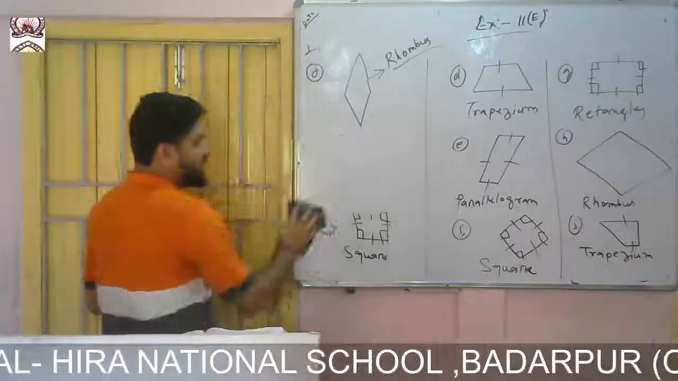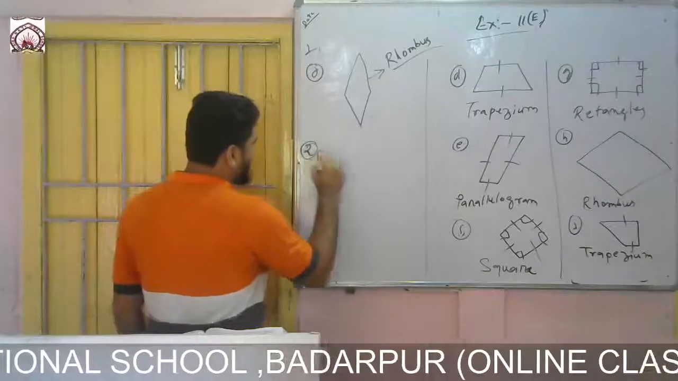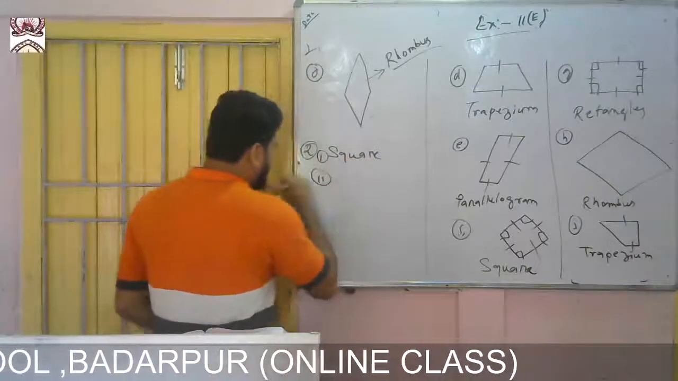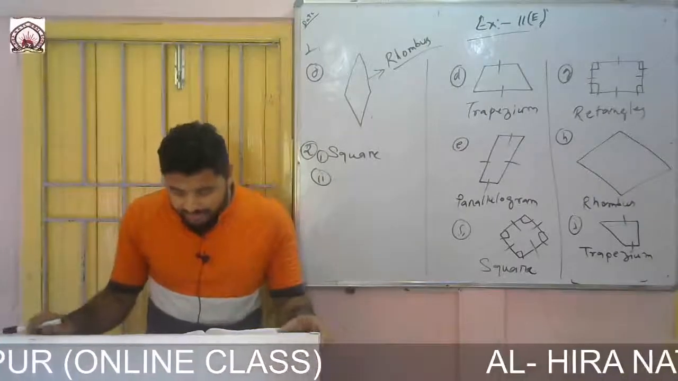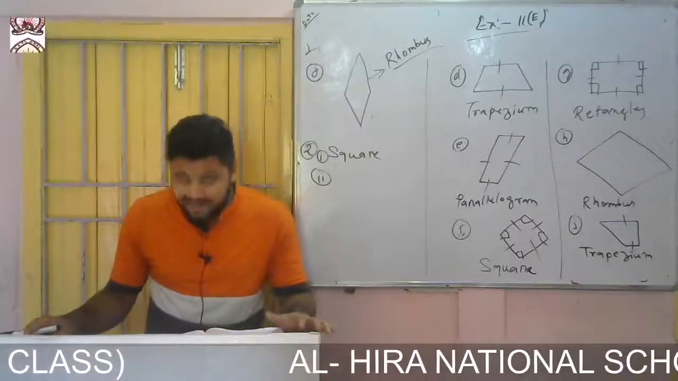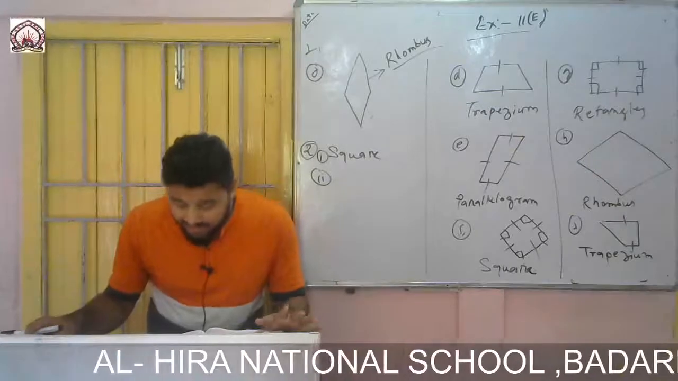So question number 2, Roman 1, it is a square. Number 2, what is there? A quadrilateral with 4 equal sides and no right angles can be